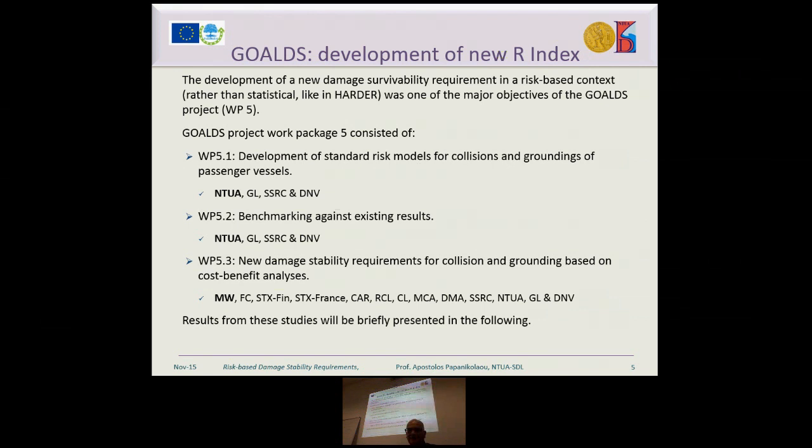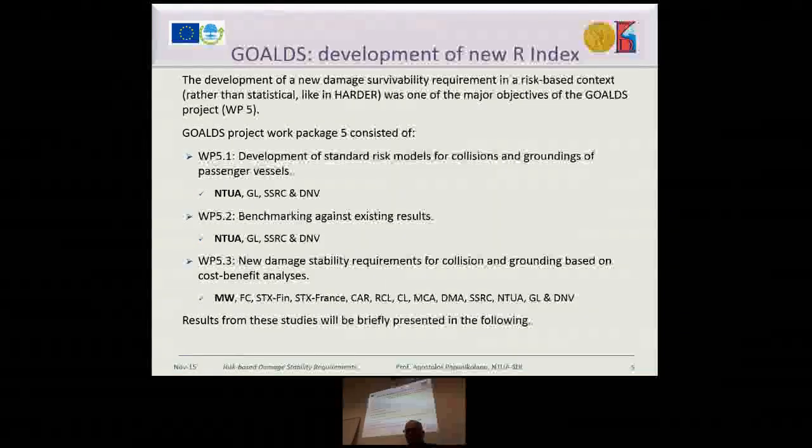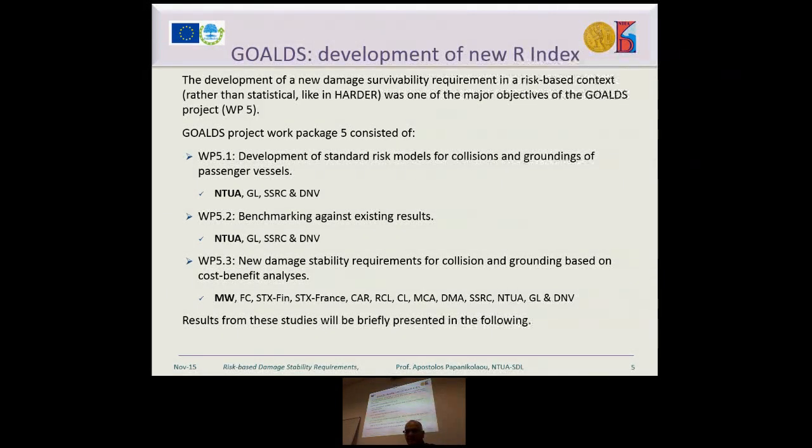Also, benchmarking against existing results, the same group was participating, and finally, the formulation of the new survivability requirement was by a group enhanced by shipyards, Meyer, Fincantieri, STX Finland, STX France, then 3 operators, Carnival, Royal Caribbean, and Carolina, 2 flag administrations, MCA and DMA, SRC, NTUA, GL, and DNV. You see, a large group